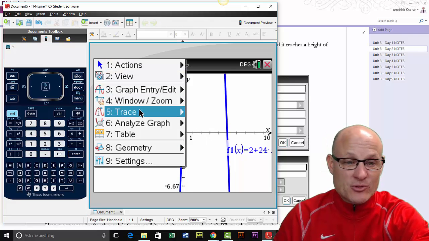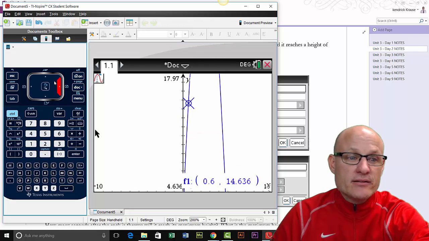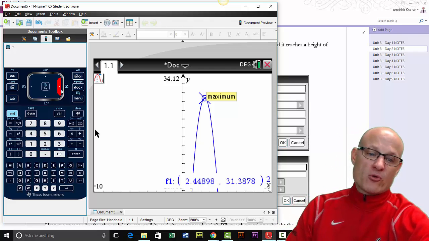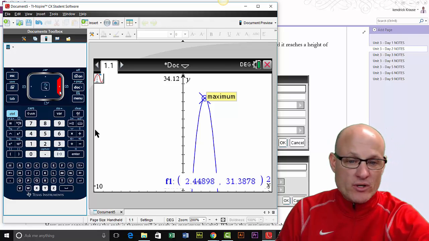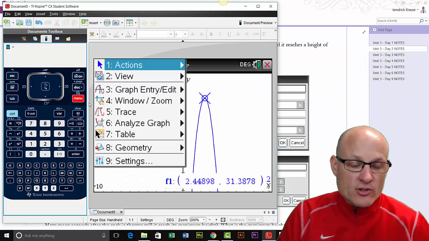Let's go see how high this thing gets. So we'll go to trace. Wow, it gets way up in there. There's the maximum, about 31 feet in the air. 2.44 seconds and almost 31 and a half feet in the air. So if I'm going to pick a nice window to look at,